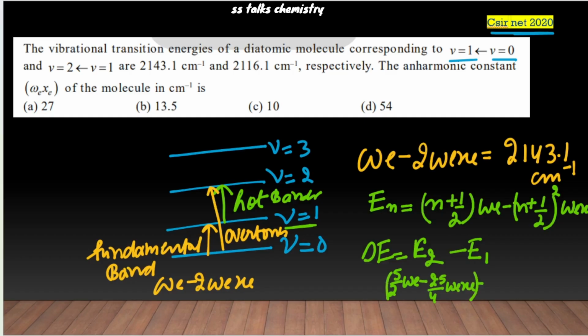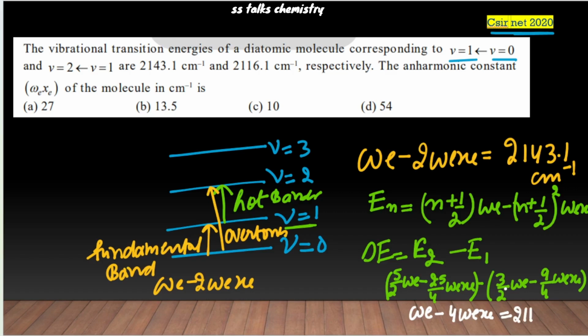Now for the first one, it will be 3 by 2 into omega E minus 9 by 4 into omega E into XE of it, right? So it is becoming 5 by 2 minus 3 by 2, that will be omega E minus. Now 25 minus 9, that is 16. So minus 16 divided by 4, that is 4 omega E into XE of it. So this value is of the first hot band that you are obtaining,